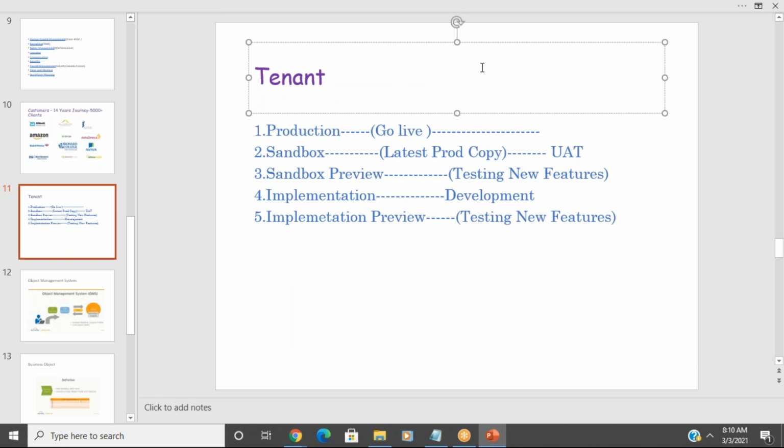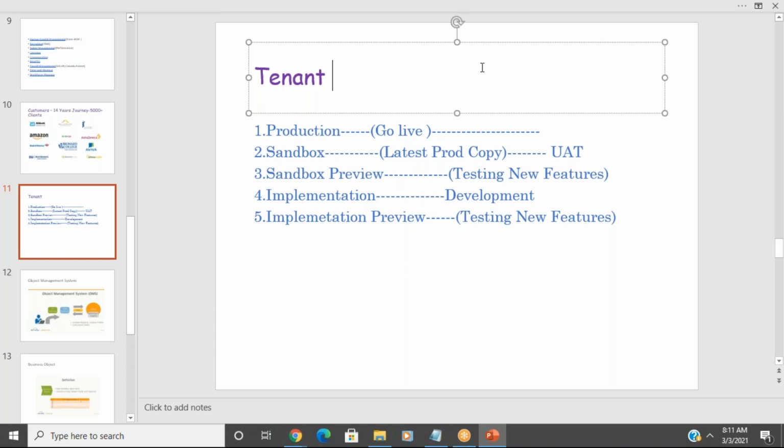I guess production, sir. Am I right? Production has real data, right? For training, how will they give? Even you cannot open the production tenant from outside. You won't get access to this tenant. These all have single sign-on enabled. You can open them in your customer network, or you have to connect to the VPN, then only you can open.